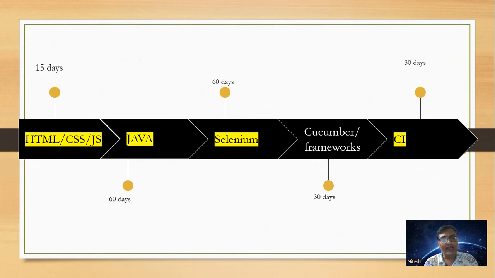That's why we are saying at least 15 days, and I'm saying at least, it may be more, on HTML, CSS, JavaScript. Java programming, 60 days. I know there may be some people who are very new to programming, or maybe someone who already knows Java. In both cases, let's understand learning programming or any language is a long process. Throughout your career, you will learn these things.